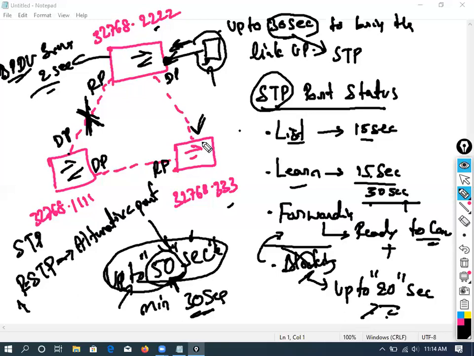This is what RSTP does, because we don't have a blocking port there, and we call it an alternative port. Any questions, any doubt on this? You clearly understood? This is what RSTP is.